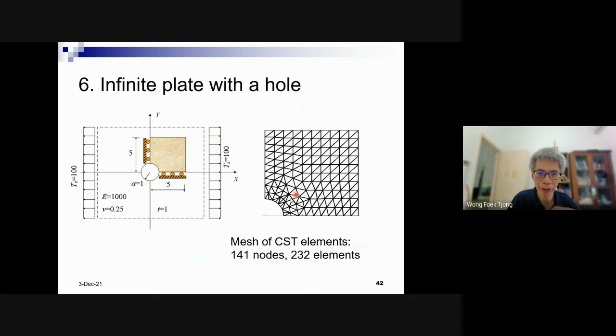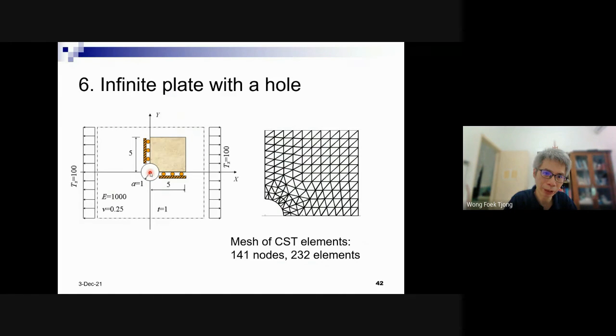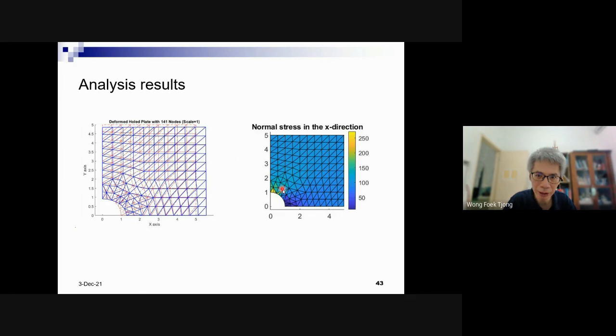Then we can see the result using this mesh, for example. And these are the results: the deformation, the stress. You see that according to the theory, whenever there is a hole, for example in steel structures where we use bolts, there is a stress concentration. If this is 100, according to the theory, it will be 3 times here. There is stress concentration, so 3 becomes 300. You see the finite element results, is this 300? Not yet, right? But close.